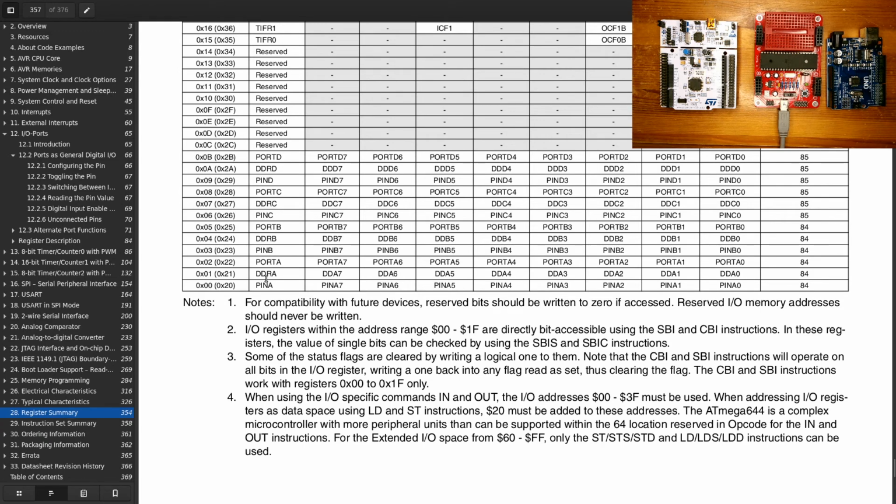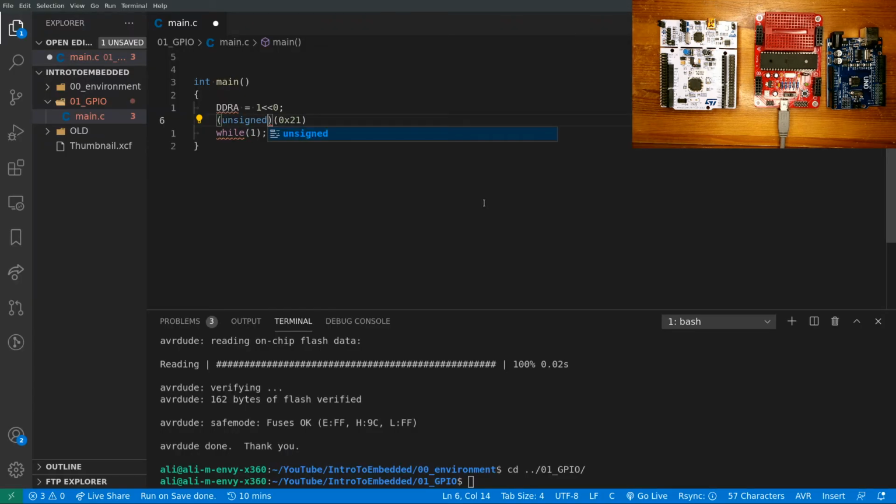DDR A was 21, we want to make it a 8-bit or 1 byte pointer to 1 byte, so unsigned char, and that's made this into a pointer. And if we were to then dereference that,